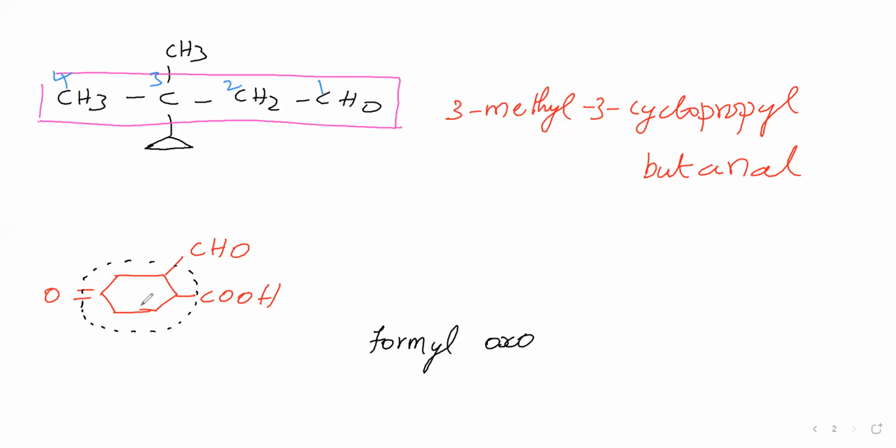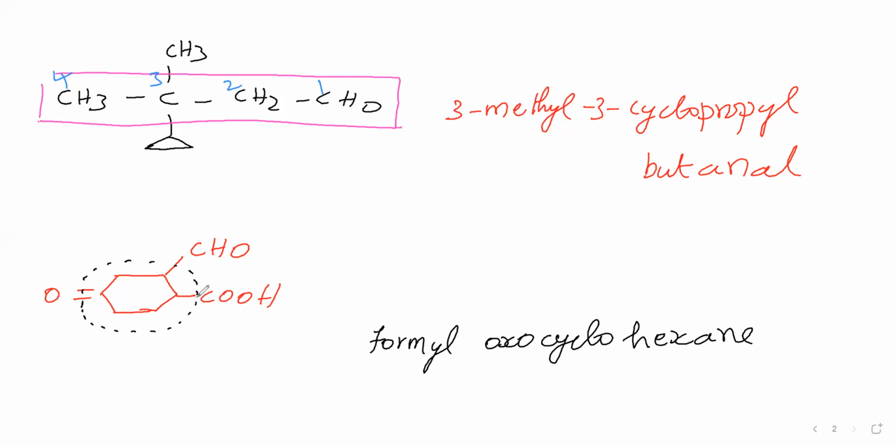So we will go for the root word. Here it is a cyclic compound, therefore cyclo. It contains 6 carbon atoms, therefore hex. The primary suffix for this is ene, because of the carbon-carbon double bond. Then this carboxylic acid is the secondary suffix.